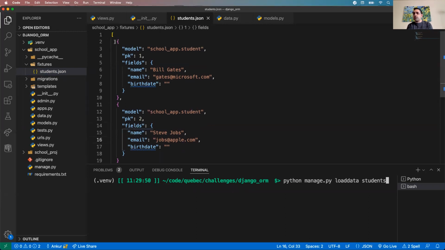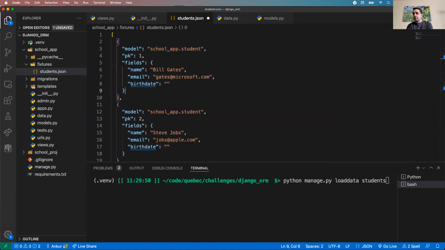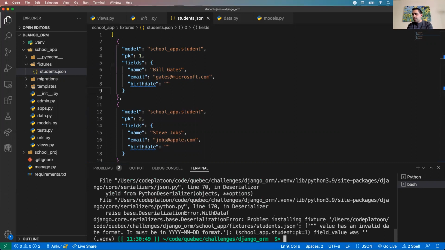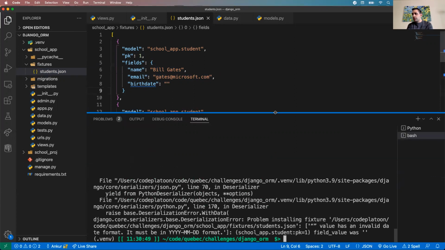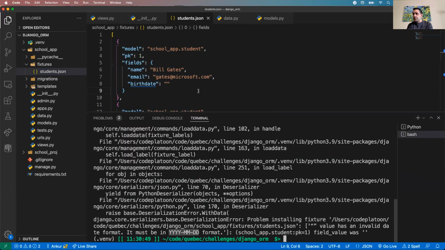Django is going to look at the data file here and convert that to database records. I'm not sure if this empty string is going to work for null, but we'll find out. So if I run this, run this. Okay, notice I got an error. That's fine. It looks like it didn't like my date field, so let's just add in a date field of today,